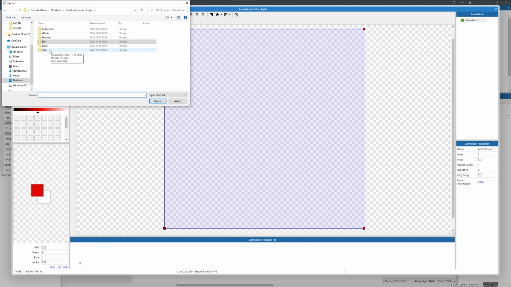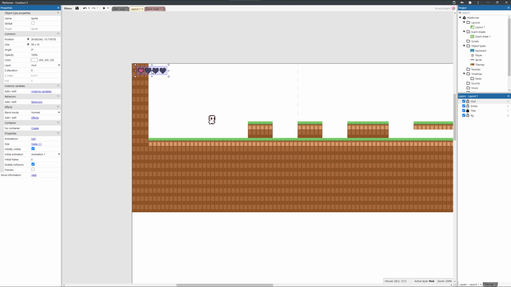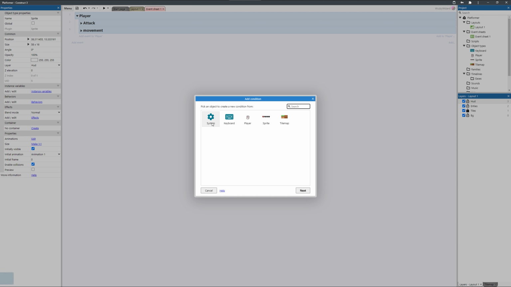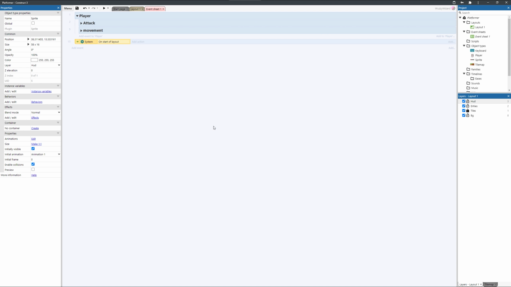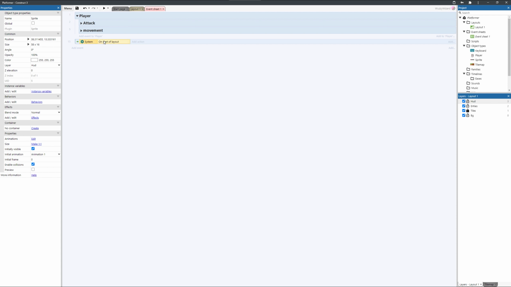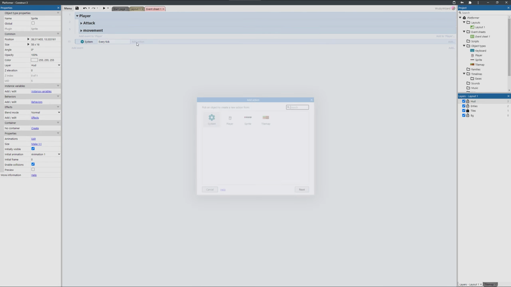Go to your player folder, your health bar, add the health bar sprites, put it in the corner here, save, remember to save as often as possible, add new event, on start of layout, just kidding, add everything, every tick,